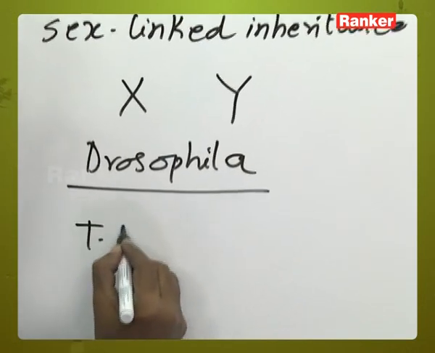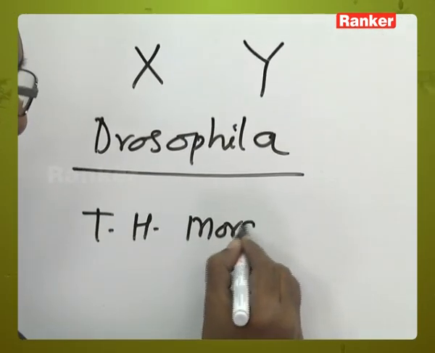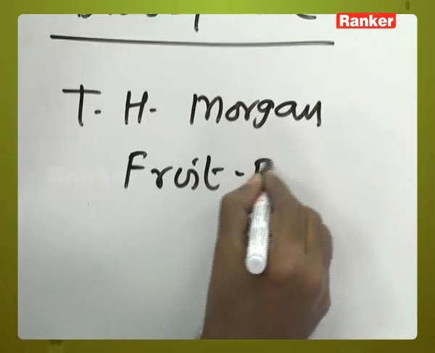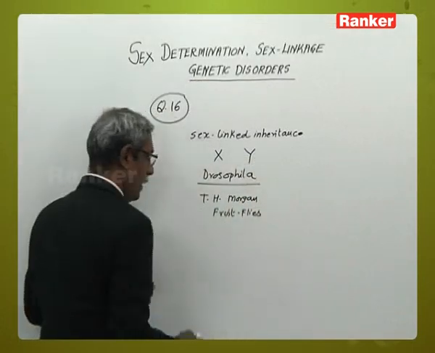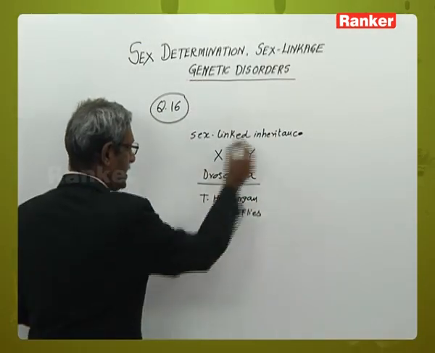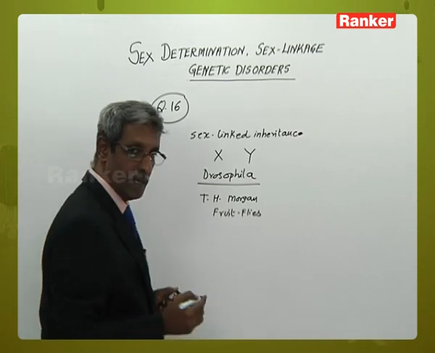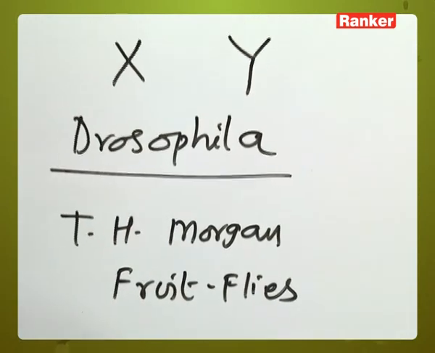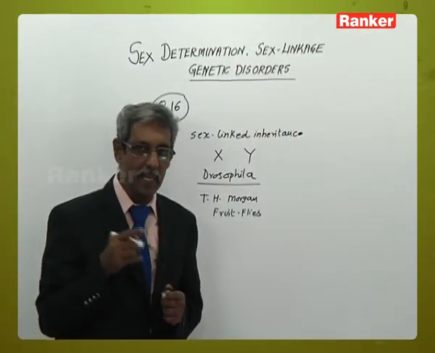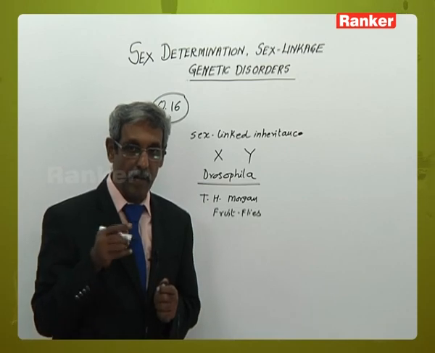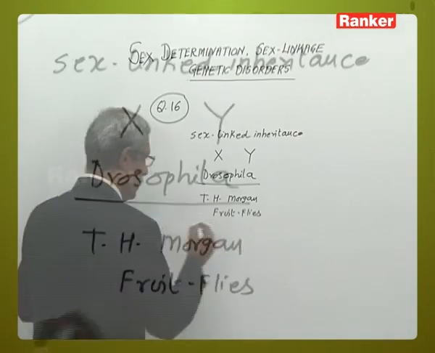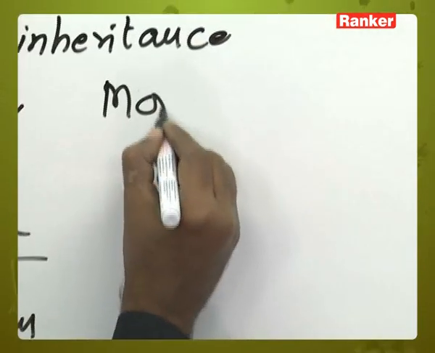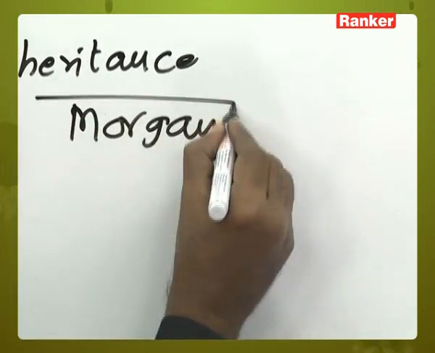by a very important scientist whose name is T.H. Morgan. Morgan studied fruit flies, and he established the pattern of sex-linked inheritance, whereas Bridges is associated with crossing over, McClung is associated with sex chromosomes, and Wilson and Stevens are associated with biological diversity. So, the best answer is T.H. Morgan. T.H. Morgan is always associated with sex-linked inheritance.